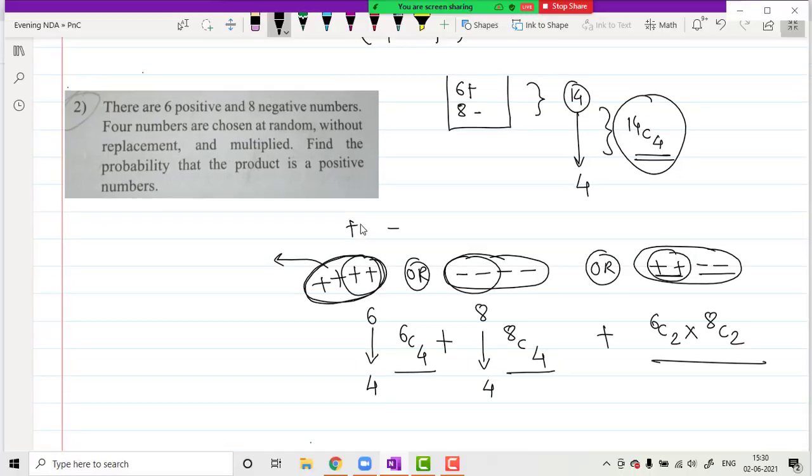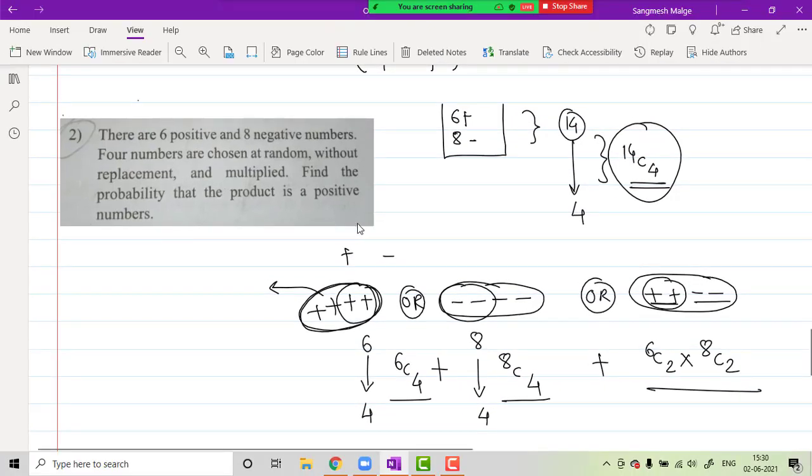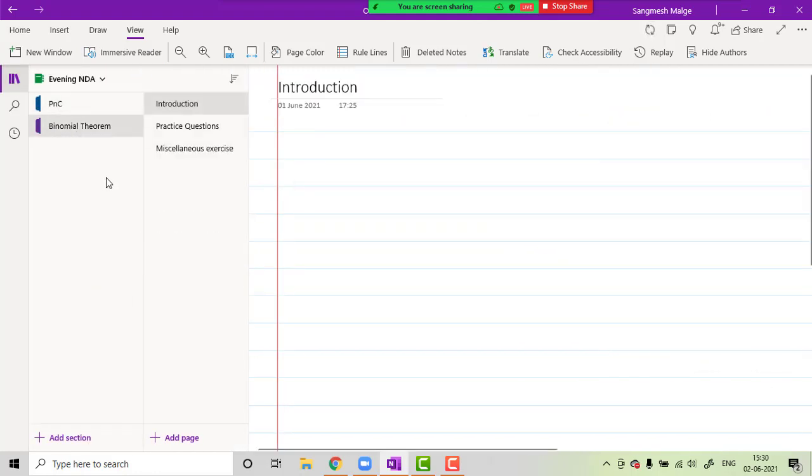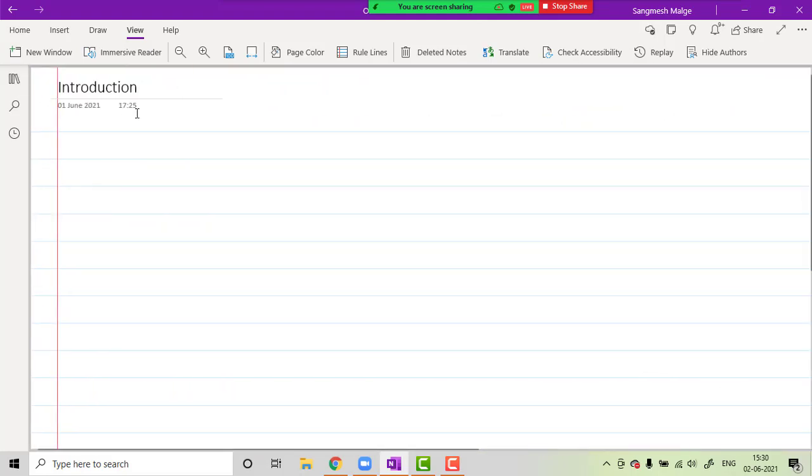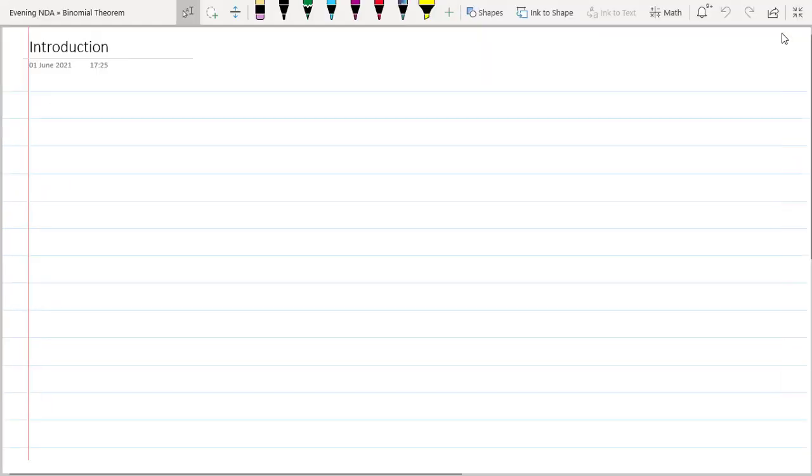Okay, that's it. So we will conclude the probability. So if suppose more than 50% students have doubts, then definitely we will have some more doubt sessions on the PNC and the probability, but definitely not urgent में कुछ नहीं है. Maybe after a week we can think of that. Is this okay, everyone? Yes, sir. Yes. So please take time and cover those 2 topics if you have not covered.